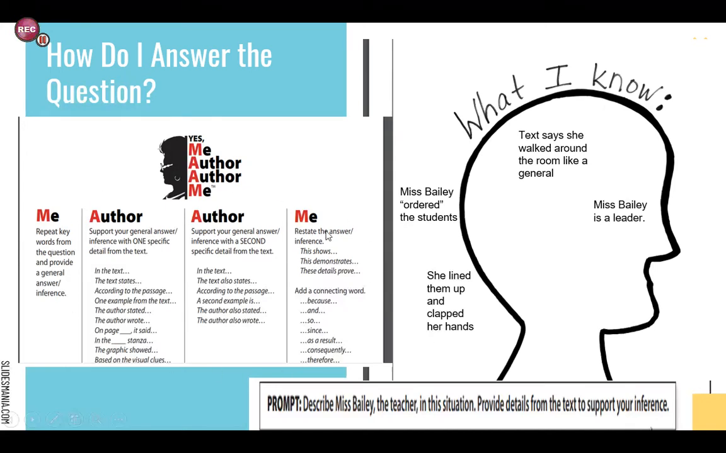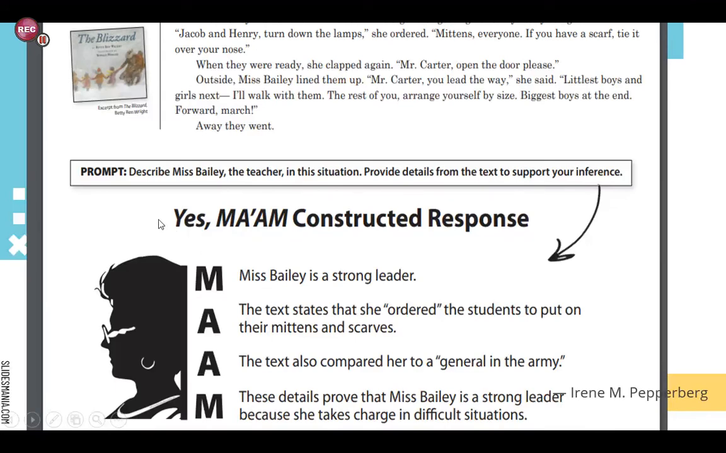answering this prompt. So once again, the question was, describe Miss Bailey, the teacher, in this situation. Provide details from the text to support your inference. Okay, so M: Miss Bailey is a strong leader. There's our inference. A, author: The text states that she ordered the students to put on their mittens and scarves. Another example from the author: The text also compared her to a general in the army. M, our final inference: These details prove that Miss Bailey is a strong leader because she takes charge in difficult